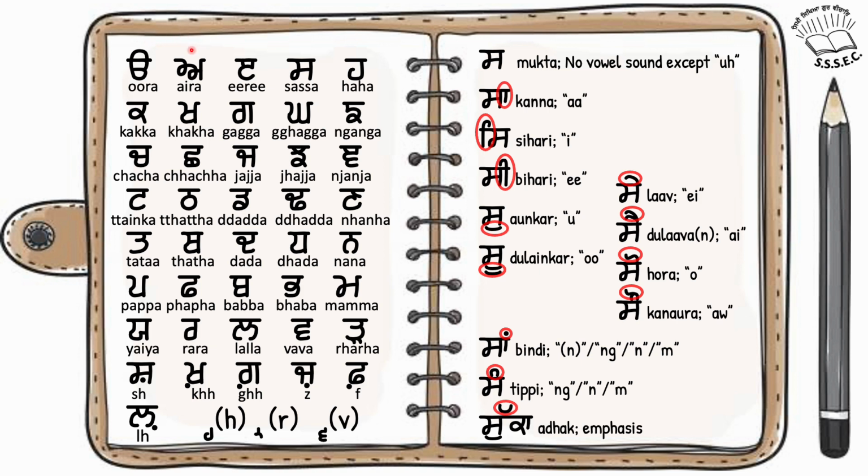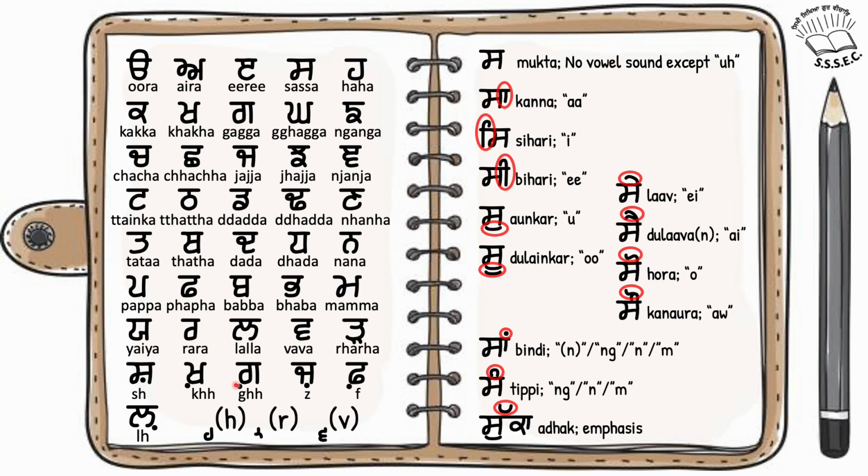So ura, ara, iri, sasa, haha, kakka, kakha, gaga, kaga, ganga, chacha, chacha, jajja, chajja, nyenya, tanka, tata, dada, tadda, rana, tatta, tata, dada, tada, nanna, papa, papa, baba, baba, mama, yaya, rara, lalla, vava, rara, sase par bindi sha,